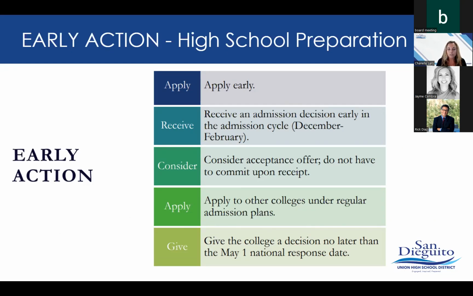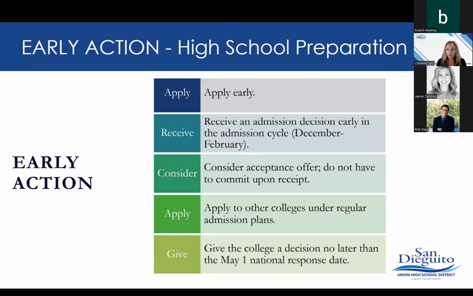You do have more time to really make that decision as far as which school you intend to commit to. This also might give students more opportunity to decide based on the financial aid packages that come in and which other colleges and offers they may have. So on one hand, it pushes everything up so they have less time in the fall to get everything done, but then on the back end, it does give them more time to ultimately make that decision because they do have until the May 1 national response date to actually commit. Next slide.